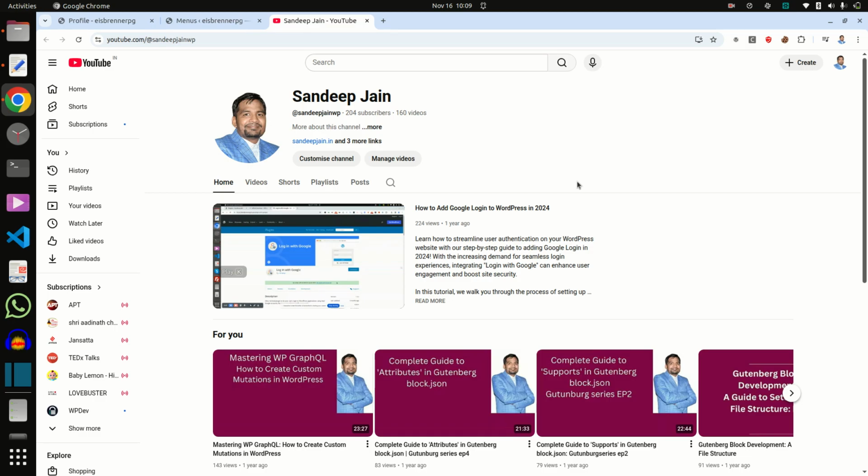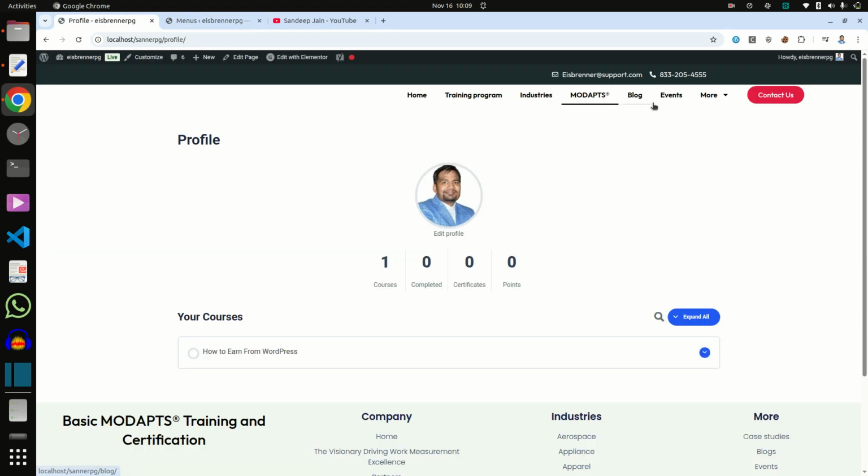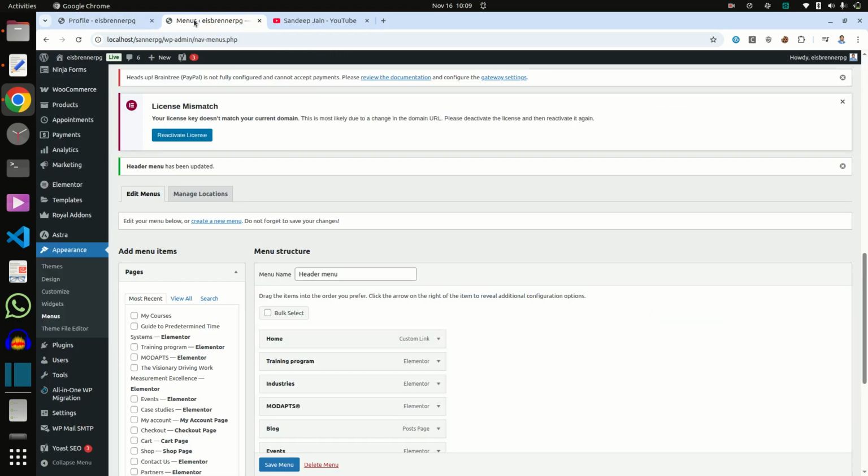Today I am going to show you how to add extra menu items for logged in users in WordPress, without using any extra plugin. But before we dive in, have you ever wondered how websites show a special menu option only after you log in? Well, you are about to learn it in the easiest way possible.